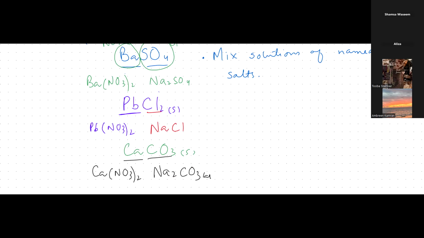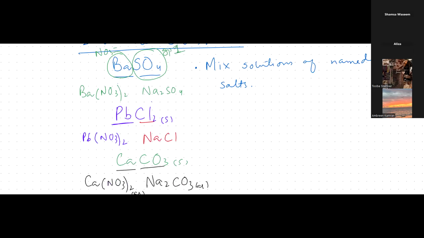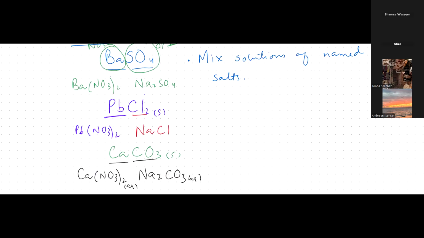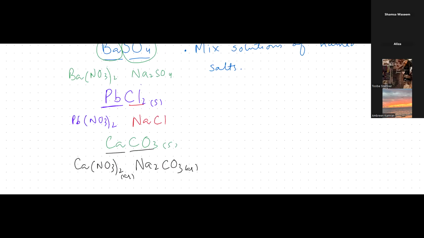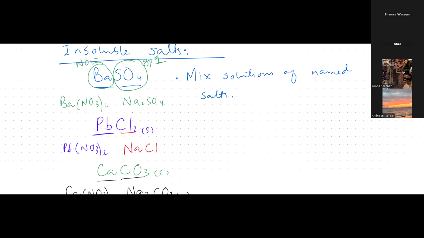Yeah. ठीक है? We will be taking, I'm writing aqueous because we have to take their solutions, okay? Soluble salt solutions, ठीक है? अच्छा, one more thing. Whenever you want to have chloride ना, either you can take group 1 का chloride or even you can take HCl, ठीक है? But very rarely they give this कि भाई like sulfate है, like barium sulfate है, तो with barium nitrate you can take sulfuric acid as well, ठीक है? Because acids are also soluble, ठीक है? क्लोराइड का सॉल्ट है तो इधर you just take group 1 का chloride और you can take HCl. ज्यादा बेहतर है कि आप सॉल्युबल सॉल्ट का सॉल्यूशन लिखो, ठीक है? But in MCQs they just give us acids as well.